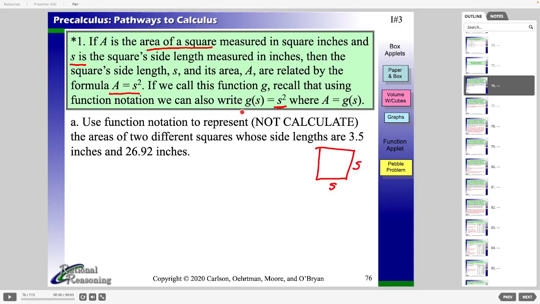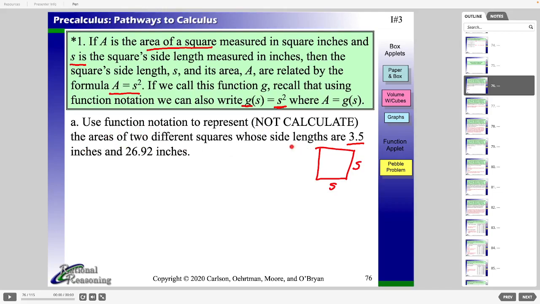What we do is we change things a little bit as we use function notation. We give the function a name. We just call it G. Why not call it A? I don't know. S is the input variable, and so that is what's out here. But G of S is now standing for the area. So if we had a square that had 3.5 inches for each of its sides, then